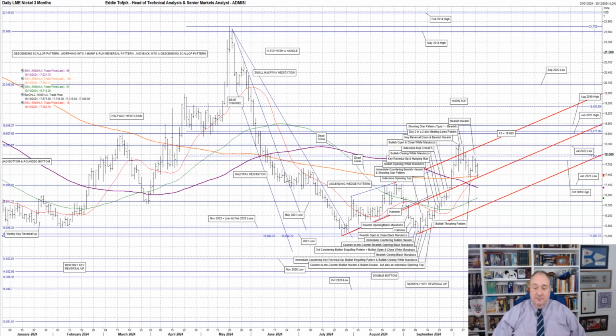enough for me to draw a bright red late July to mid-September bullish Andrews pitchfork. I said on this 4 weeks ago, and I quote, "This is a nascent one and I'm quite prepared to retire it if it doesn't fit, especially if the support down at 15,600 being so close gives way." End of quote. Now I continued, and I quote, "The one other thing I would like to mention is